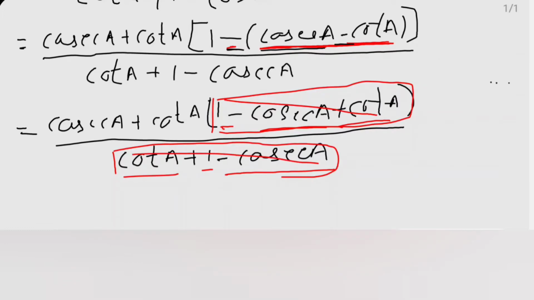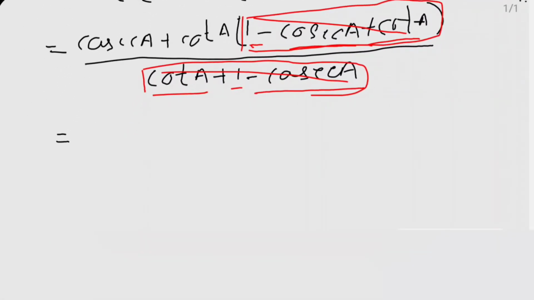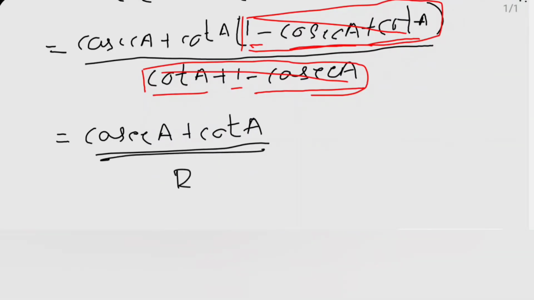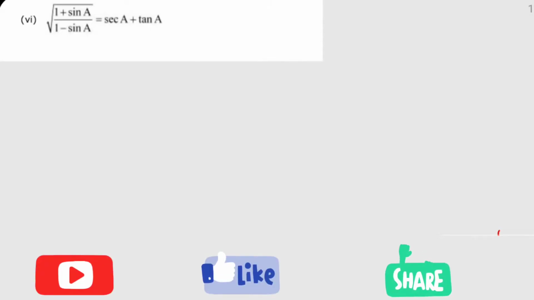So the remaining terms are cosec A plus cot A, it is our RHS. So see here, our RHS is cosec A plus cot A and here also we got cosec A plus cot A, hence proved. Well students, the next problem, the 6th one, what they have given here,